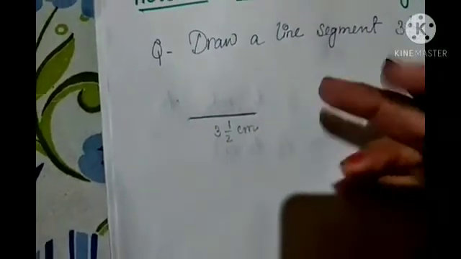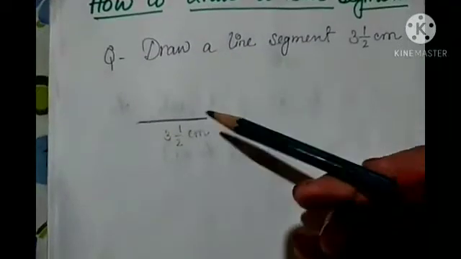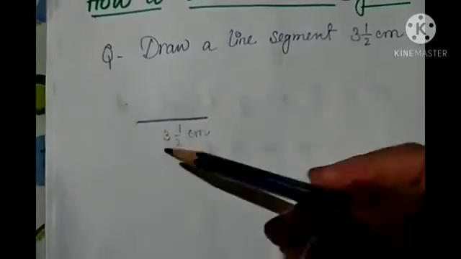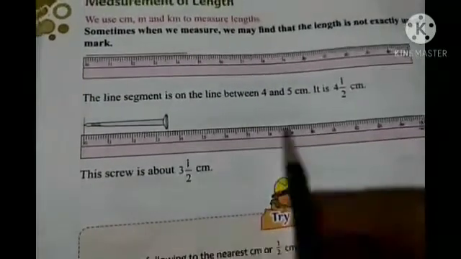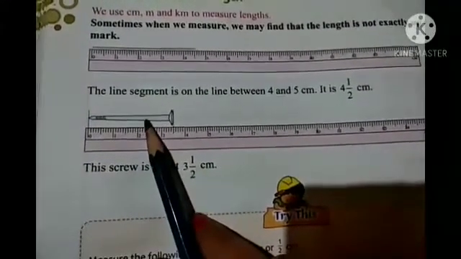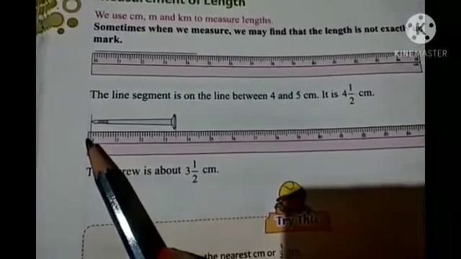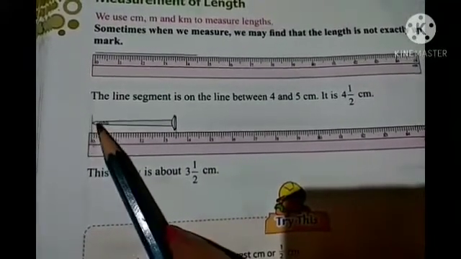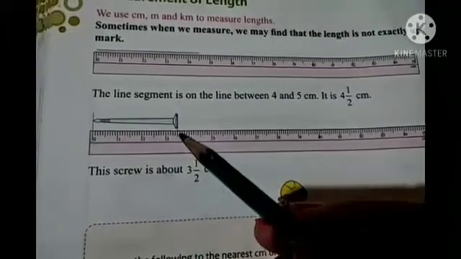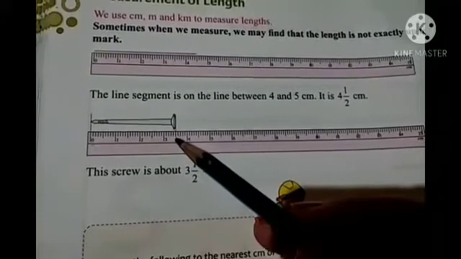In this way, if some object is given to you, you can measure it. If you see your book here, by using the scale it is shown how you have to do it. Suppose this screw, no? We have to measure this screw. So how will we do it? From 0 we have to place the scale this way, and then we have to see how much it crosses. So here you see 3 and 4, and it is in between, so 3.5.